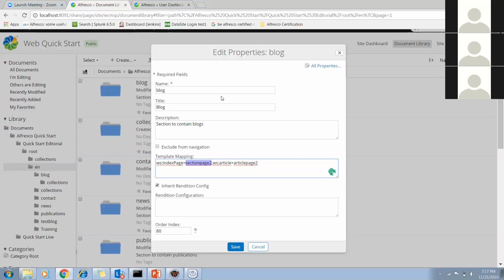Yeah. So for this, there would be the content model where you are storing this value, right? Template mapping value. In the content model, these values are stored. Yeah, so in the content model, the value would be stored in the database, of course. The content model would be designed to accept this value, right? There would be some property called template mapping. There would be some property called rendition configuration.